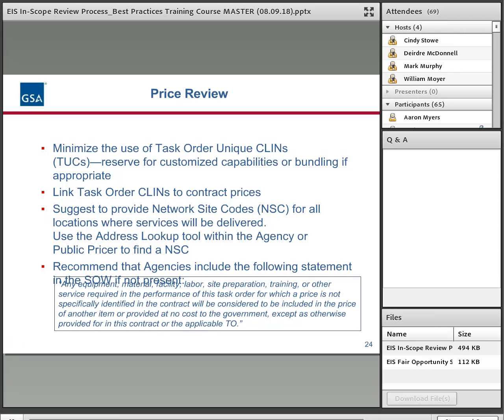So it's to prevent you making an award and then the vendor coming back and saying, well, that wasn't a complete solution, you actually need to buy these other items. So this avoids that kind of situation.